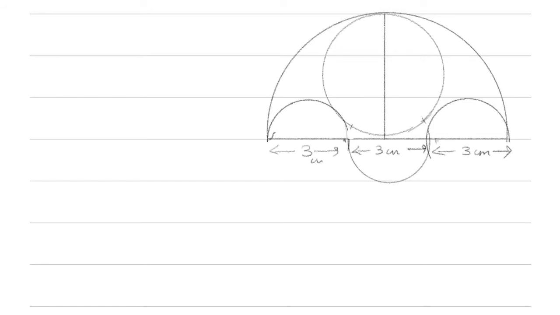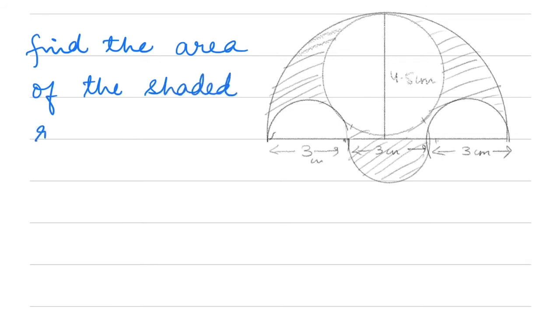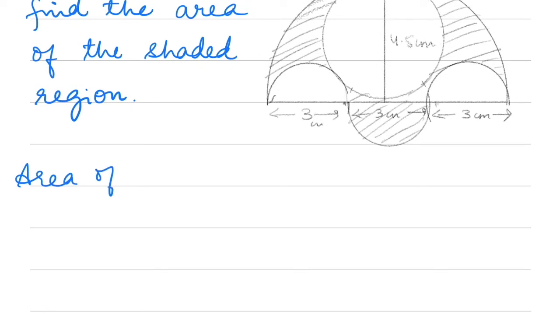This diameter is 4.5 centimeter, and this is the shaded portion. We have to find the area of the shaded portion. Area of shaded portion